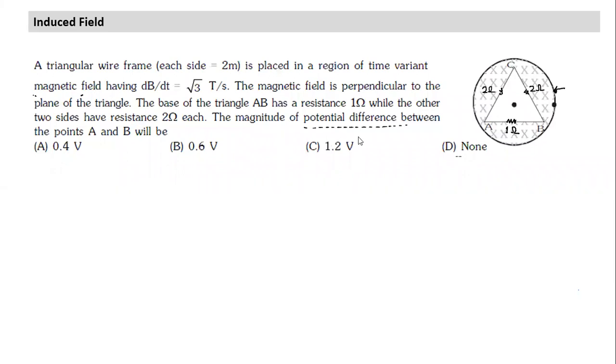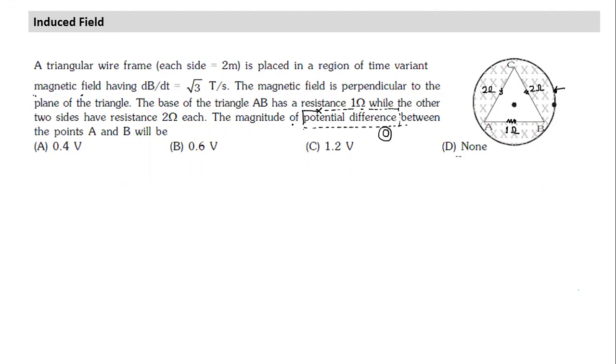Will there be any potential difference between A and B? Actually, the correct answer for this one is that there's no potential difference. Will the current flow here? The current will flow, but there's no potential difference. Can anybody recall why I'm saying there's no potential difference despite the current flowing? This current is caused not by an electrostatic field but by an induced field, and corresponding to an induced field, there's no concept of potential. The term potential difference is only associated with conservative fields, so it will not be used here.